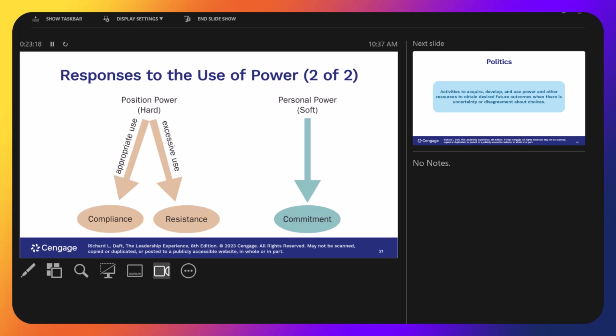Well, my point is, who's in charge with the hard power might not be the person that's running things. It might be the person with soft power. I want to know who that person is too. I want to know who's in charge, and I want to know who's making things happen. Who's got the soft power? A lot of times, that's two different people.